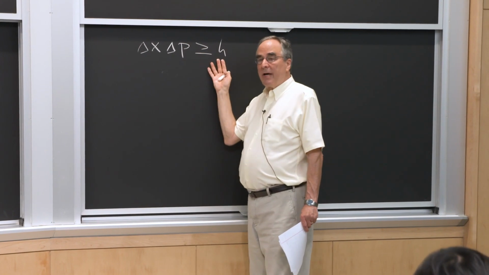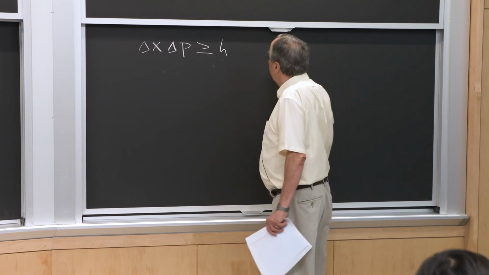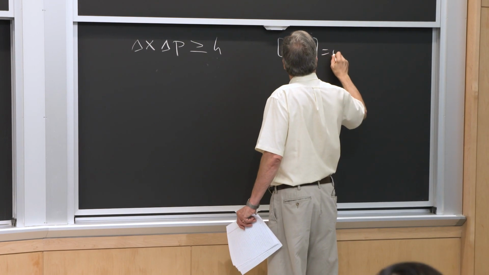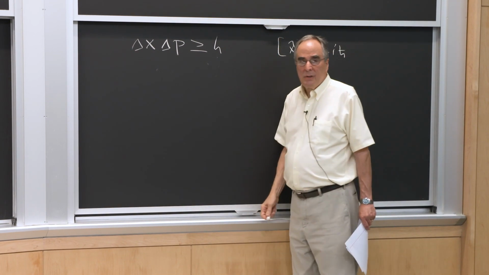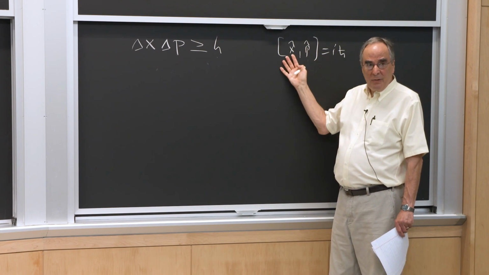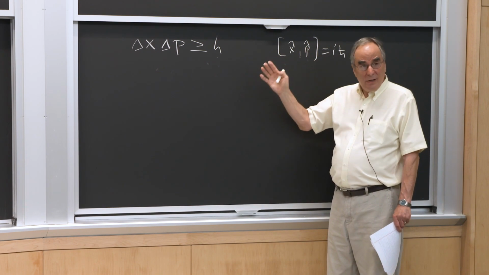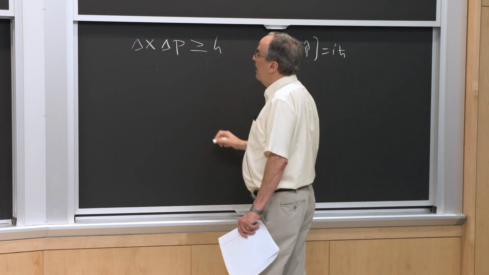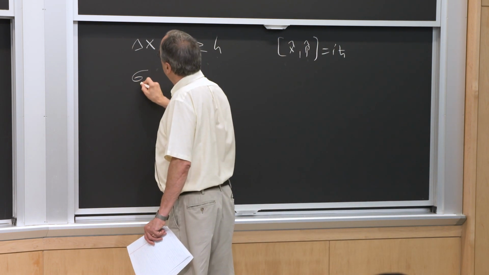Now, I'm just pulling this out of my pocket, but I know that [x,p] is equal to i h bar, not 0. And one can derive some uncertainty principle by doing a little bit more mathematics, but basically that uncertainty principle is